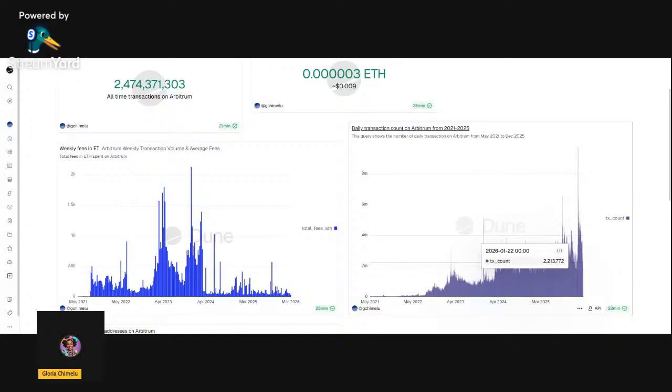So Arbitrum actually is growing in usage, and it's an efficient network, because it wouldn't be having 3 million, 6 million transactions. This is daily transaction count, not even weekly. It's a daily transaction count. For a network to handle 6.5 million transactions in a day shows that it's efficient.